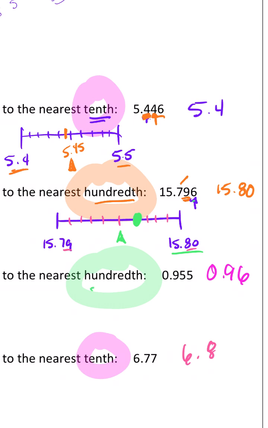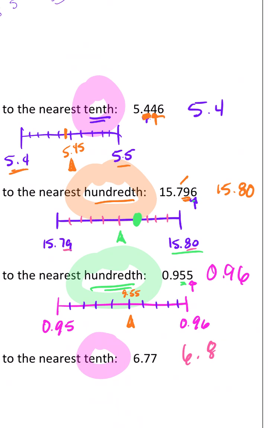Okay, again, this one is the hundredths. So that means we're going to be looking at this number here, and we're going to look at this number to determine what we're going to round to. So again, we draw that spectrum. Okay, so we're looking at that. Then we're looking to see which one are we closest to. This is